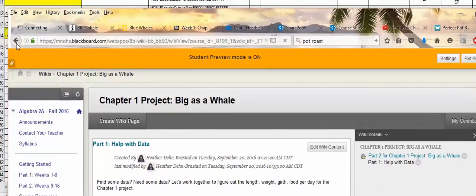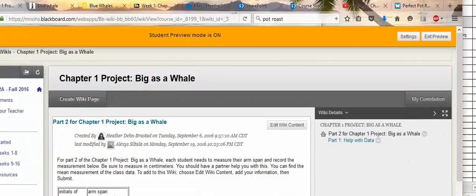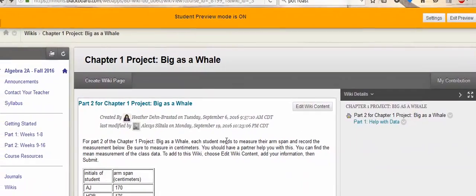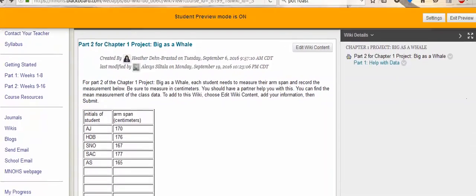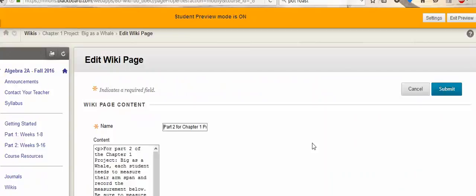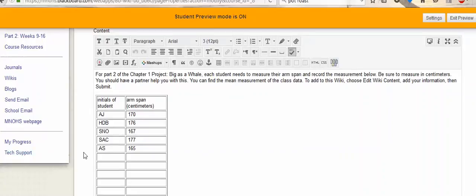Go back to where you actually have to fill it in. Oh, also, on the wiki is where you're going to add your arm span. Put your initials here if you haven't already done this, and arm span. In order to add data, go to Edit Wiki Content, and then you can type in your initials,